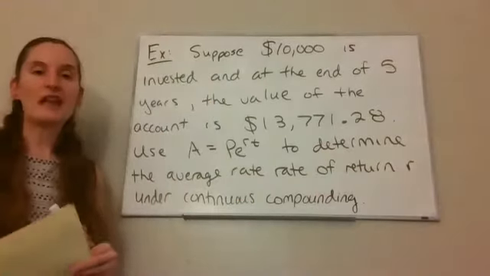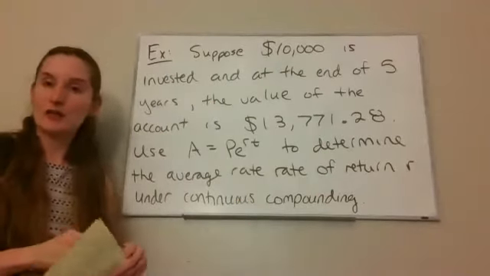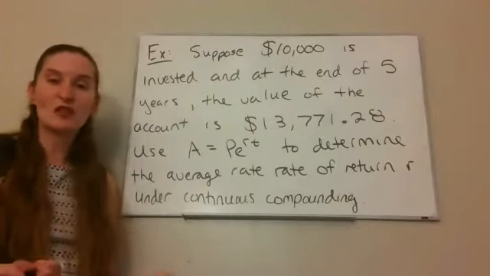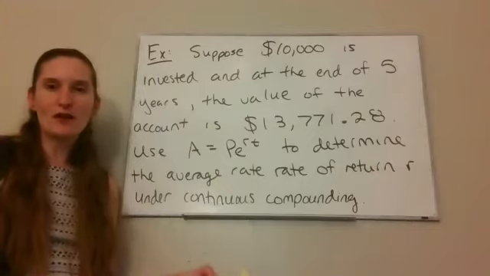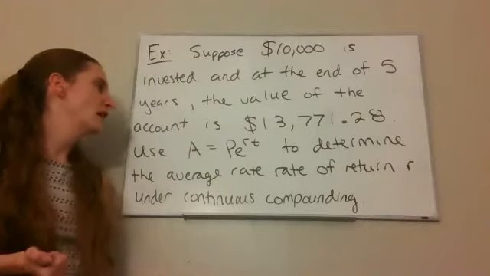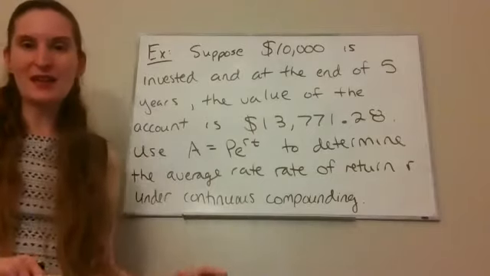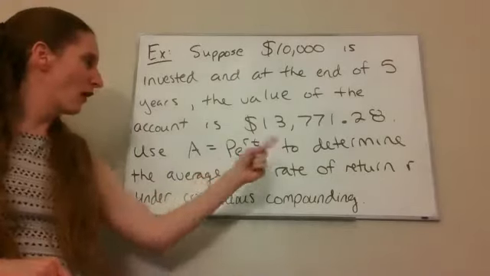So notice this A equals Pe to the rt, this is an exponential growth problem. That's that same form we just talked about, just with different variables being the placeholders. Now, we have to figure out what stuff we're plugging into each piece to solve for our r, which is